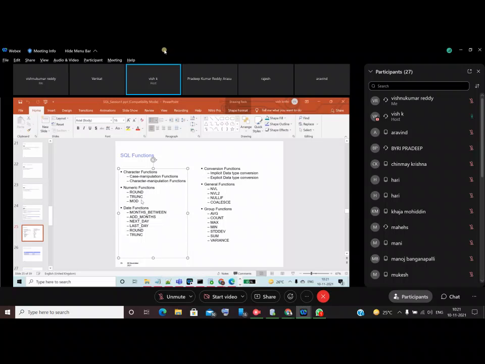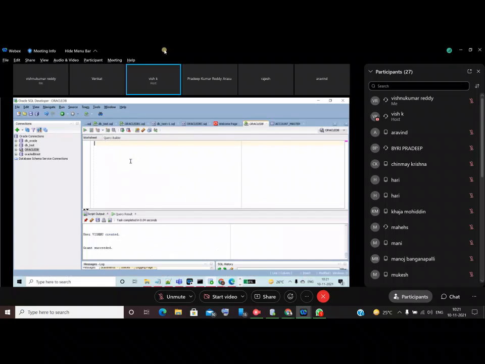So these are the numeric functions: round, trunc. We have the truncate function, TRUNC. So what is the syntax of this?